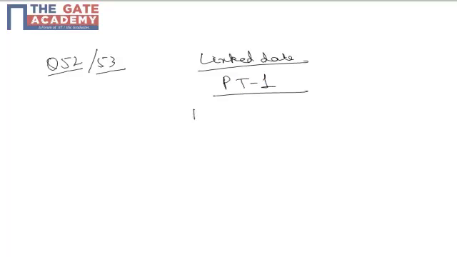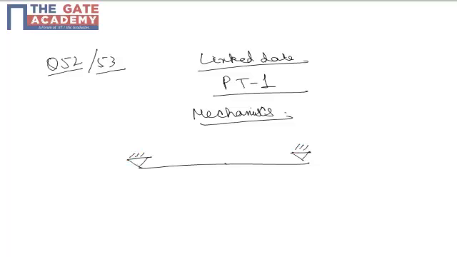Questions 52 and 53 are linked data questions from Part Test 1 on the topic of mechanics of materials. In this question, a daunting structure is given, but the analysis is as simple as the structure is dangerous-looking. So here we have